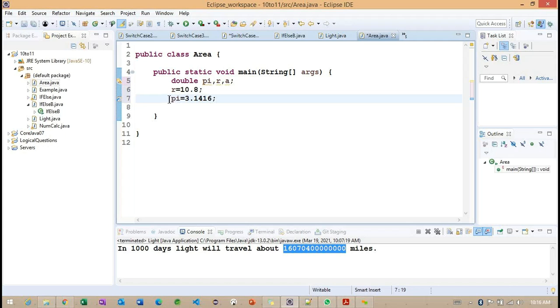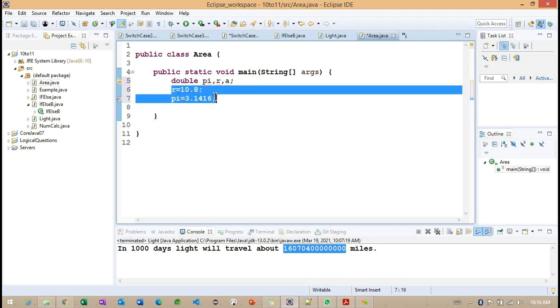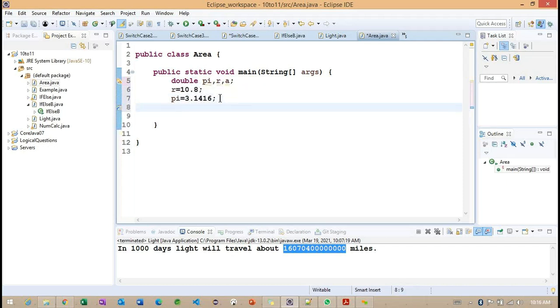Okay. Back to here, this particular pi value. So we are having 3.1416. So we are having the r value and we are having the pi value. So what is the logic to check the area of this particular circle? I want to find out the area of circle. Any idea? Pi r square. So A is equal to pi r square here.